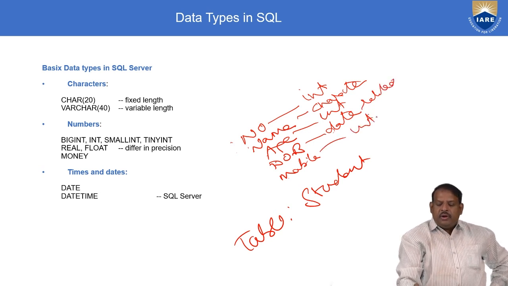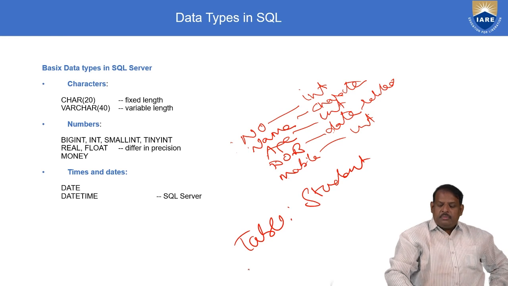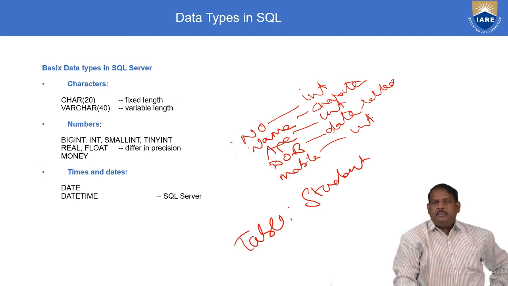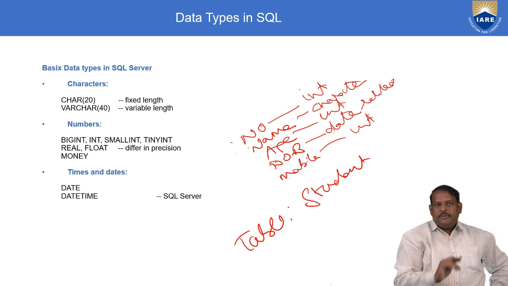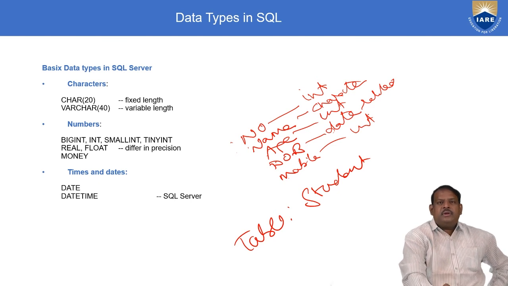So in order to store name, I have to use some character fields. In order to store some integers, number, mobile number, age, I need to have some number fields. So based upon your attributes' functionality,